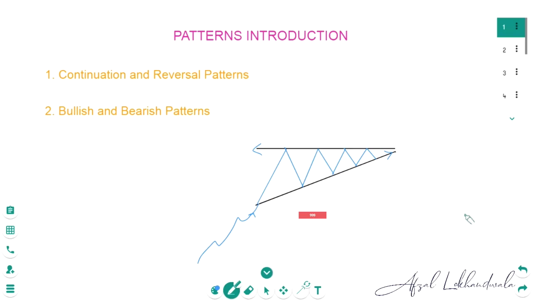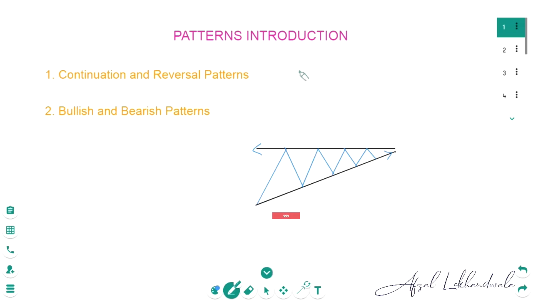Now let us say that the price had come from an uptrend, there was an uptrend before the pattern, then after the pattern the price broke below this line and a downtrend started. Now in this case the uptrend which was before the pattern got converted into a downtrend. Now we can say that this is a reversal pattern, and since it is a downtrend, we say that it is a bearish reversal pattern. So we say that this ascending triangle has acted as a bearish reversal pattern.